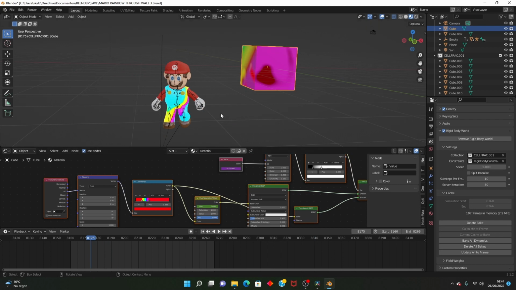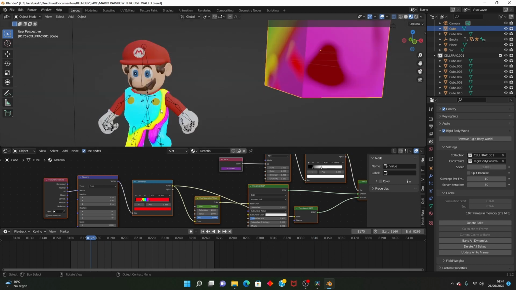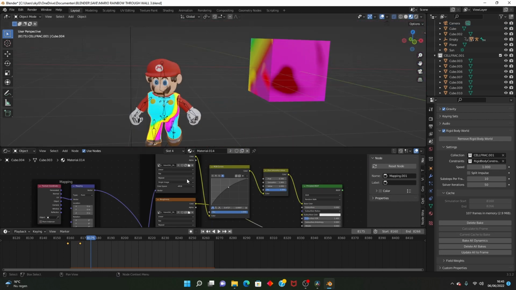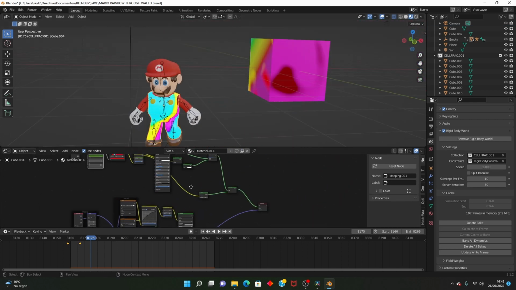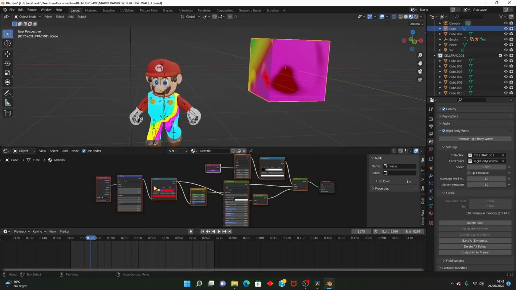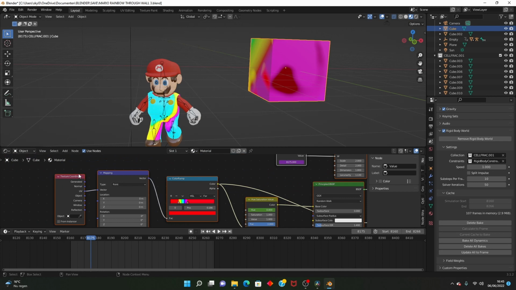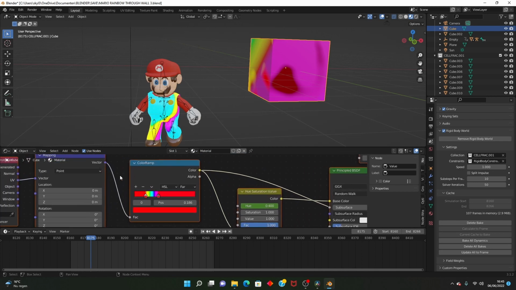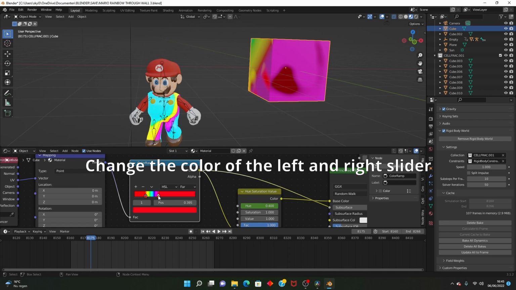So here we go. We have this cube, and I have simply added the material of this cube to this jacket of Mario. The texture setup is quite simple. Well, this one had to be a little bit more complicated, so we'll use the cube just for example. What you do is add a texture coordinate and a mapping node, a color ramp, and then instead of placing the color ramp on RGB, you place it on HSL, and then you place it on far. Now you get two sliders, one on each side, and it actually makes a rainbow pattern for you,